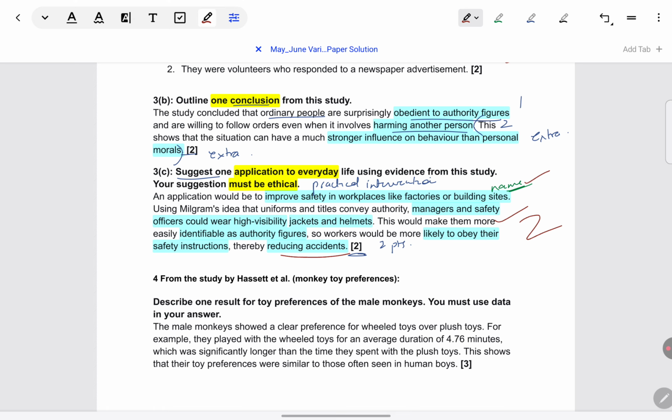So in application type of questions, they're being asked a lot recently. If they're coming for 2 marks, take a simple strategy: name the intervention that can be done. Think of it as problem solving. What problem in the real world can this study help to solve? And then just explain it, preferably with an example. That exactly this is what can be done to solve this problem.